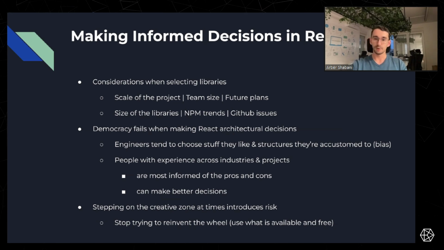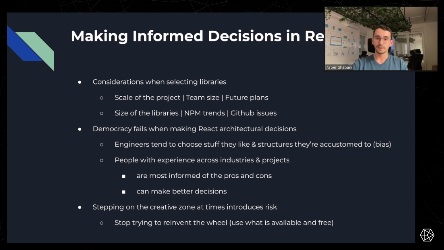NPM trends are quite important as well because you can compare libraries and see which one is mostly used in the community. That helps a lot with picking the library that most companies are using. GitHub issues are also efficient, because you can check the issues, and if they aren't being resolved, that means the project is going out of date. So it's good to stay ahead of it by checking that they are tackling the issues and that new issues are coming up. That shows lots of edge cases are being handled by the libraries.